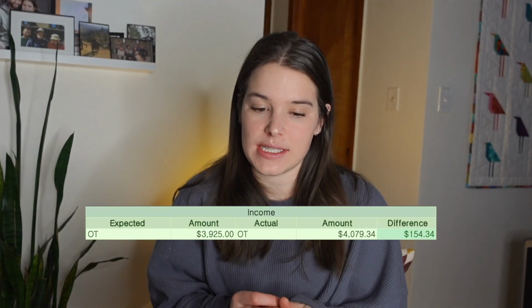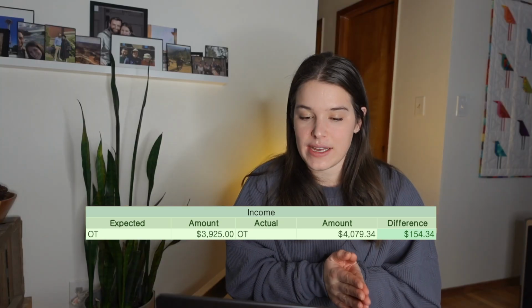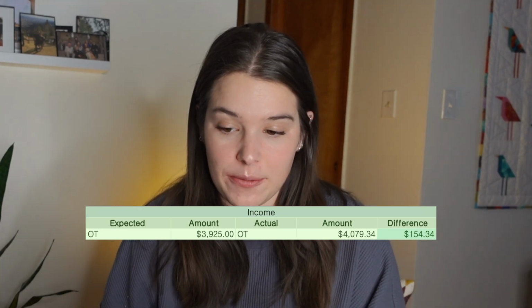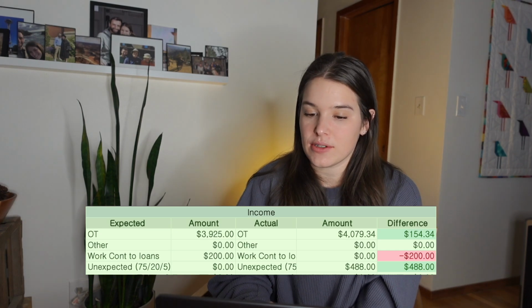Starting of course with my income. I will remind you that my money is offset a month, so anything that I was paid in December is what I spend in January. That means that I got paid for hours that I worked at the end of November, and that included Thanksgiving Day, which was holiday pay. So my income was a little bit higher than the expected $3,925. I made $4,079, which might not seem like a lot, but an extra $150 from a day is very helpful right now. I also did some babysitting and had some Christmas gifts come in as additional income, bringing my personal monthly income to